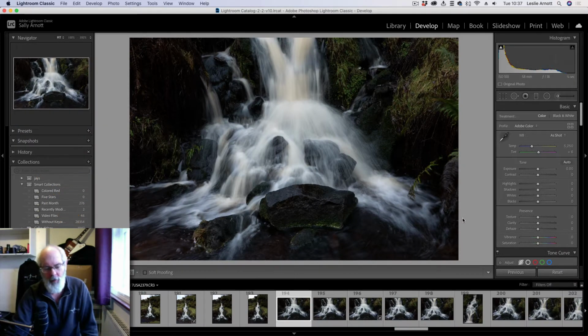So in this section what we're looking at is Lightroom Classic for editing and how we can edit pictures. We've had a look at how we can import images and create catalogues and collections and all that part of it, but now it's actually editing a photograph. And if we look at this photograph, first of all I'm going to comment a little bit about the actual